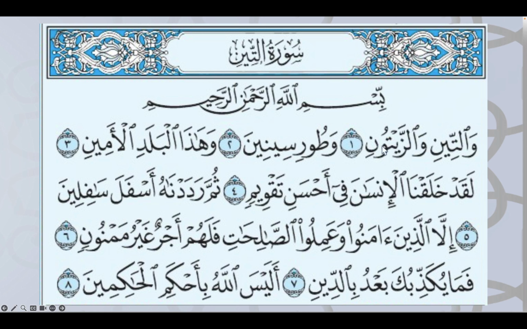Zaytun, this syllable, tun: ta with dhamma, waw sukun, tu, then noon with kasratan, tuni. Because I'm ending at the noon, this noon kasra gets cancelled and this becomes noon sukun. So this final syllable is going to be tun, but because I want to extend it to 4 counts, I can. I'm going to say